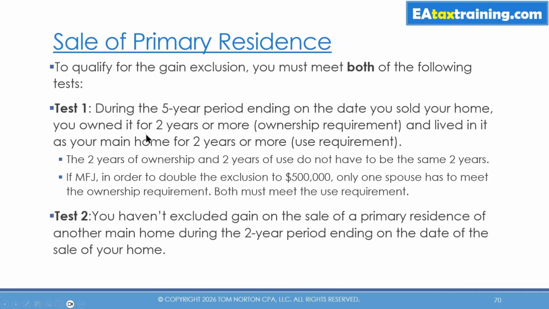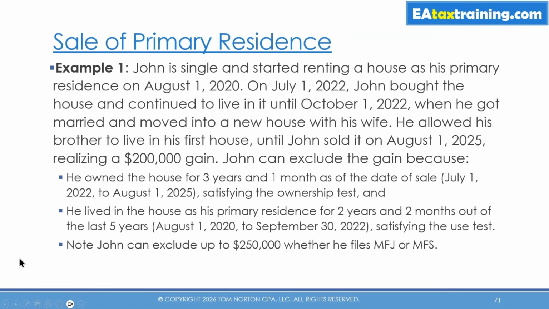But there can be some more complicated situations, so let's look at a couple of examples. Example 1: John is single and started renting a house as a primary residence on August 1st, 2020. So he didn't own the house, he was a renter. On July 1st of 2022, he bought that house and continued to live in it until October 1st of 2022 when he got married and moved into a new house with his wife. He allowed his brother to live in that first house until he sold it on August 1st of 2025, realizing a $200,000 gain. John can exclude the entire gain because he owned the house for 3 years and 1 month,